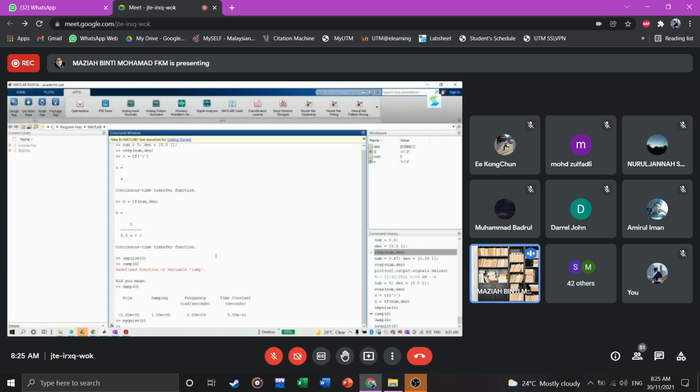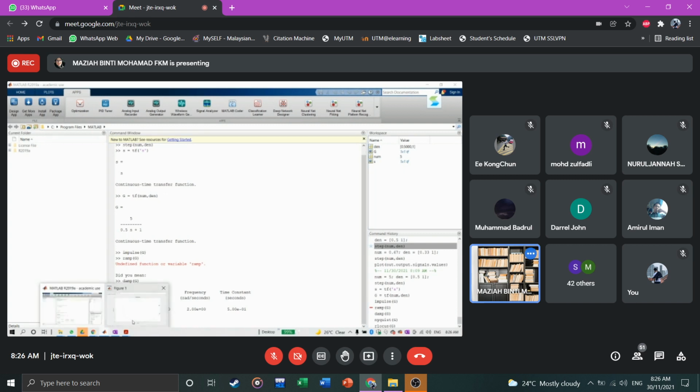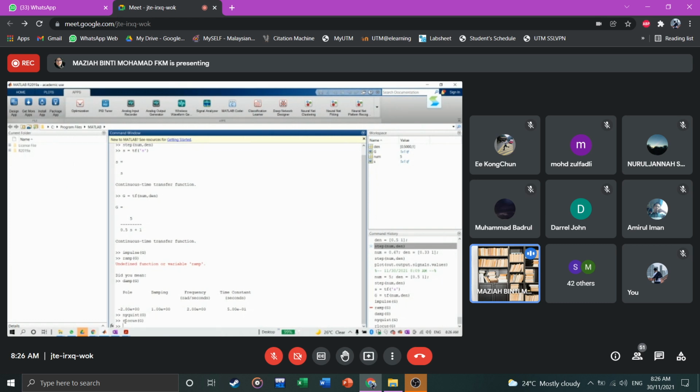Okay, and then the other one is, I think, root locus. In chapter 4, after the semester break, you're going to learn about root locus. So this is the root locus for the transfer function just now, 5 over 0.5 s plus 1, right? So it will provide you this kind of root locus. But I just want to show you the command here: nyquist, the transfer function; rlocus, the transfer function; and